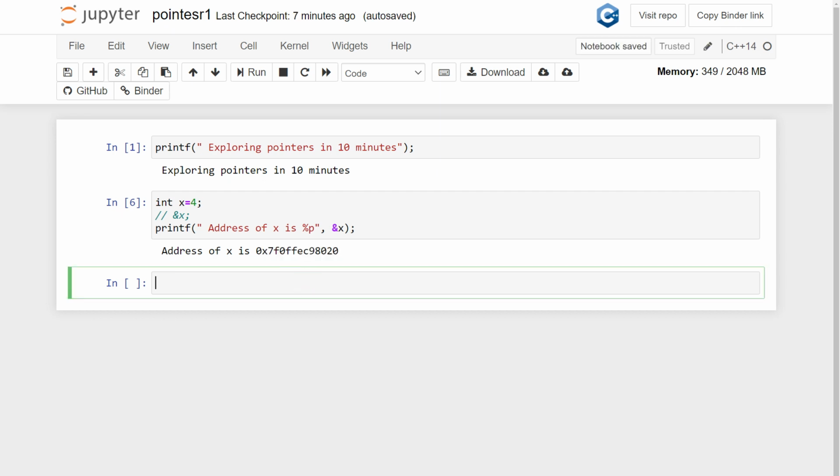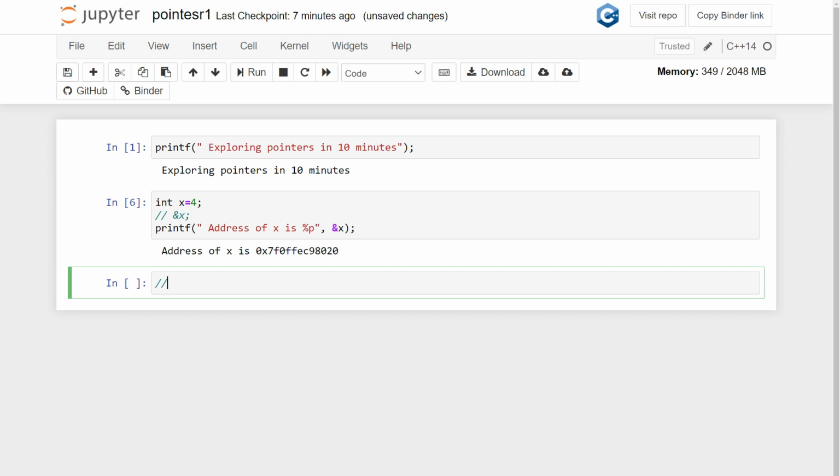Okay, so now quickly come to the concept of the pointer. So what is a pointer? Pointer is also a type of variable, but I will call it a special type of variable. That means it is not going to store the normal values that x is storing. x is storing only 4, which is a normal value, so that is a normal variable. But pointer is a special type of variable.